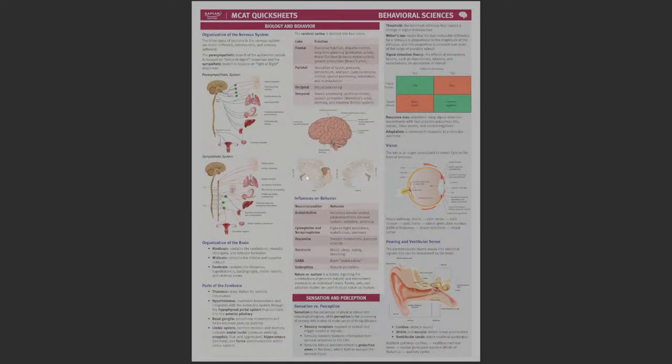Pretty good so far. Let's look at the influences on behavior. So, as I learned in systemic physiology, acetylcholine is the major neurotransmitter involved with muscle contraction, generally under our own somatic control. But it doesn't always have to be somatic, though. It's generally also involved with, and also generally involved with